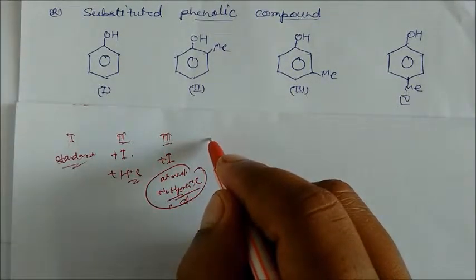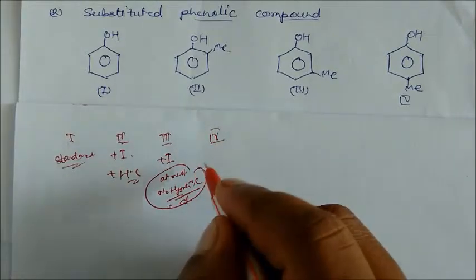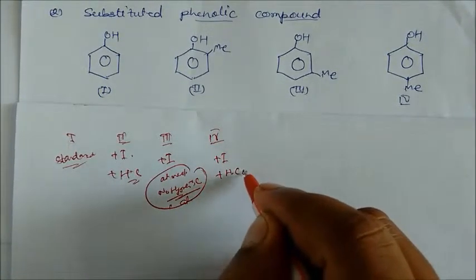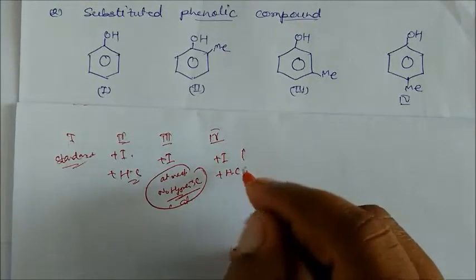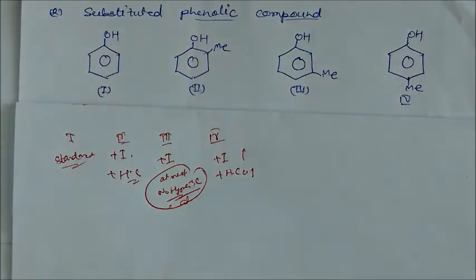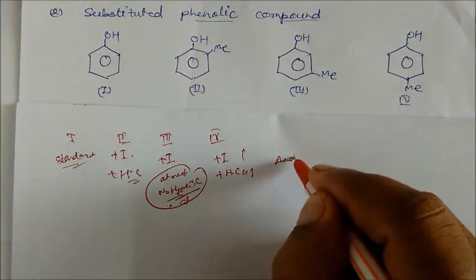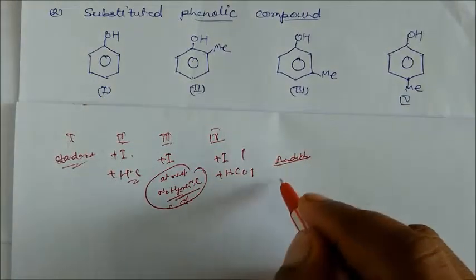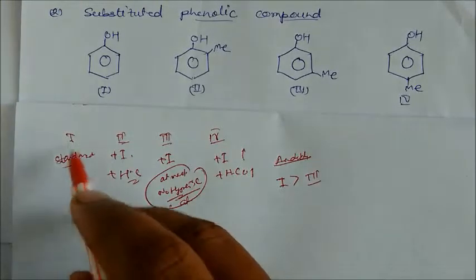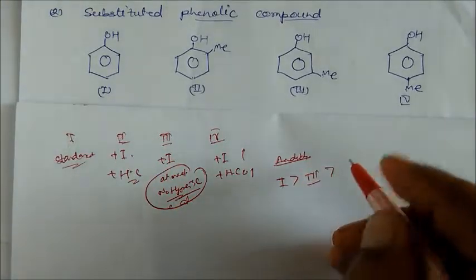If you take 4, we have plus I effect and plus hyperconjugation effect. So this will be more basic, and this will be less basic. So what is the acidic character? The acidic character will be 1, then 3, then